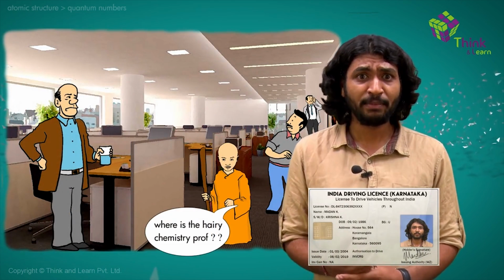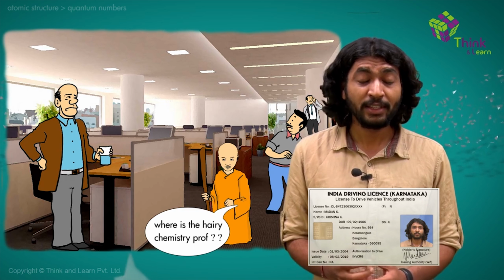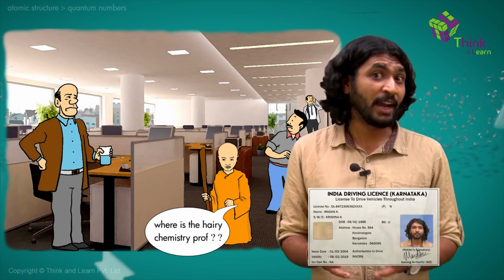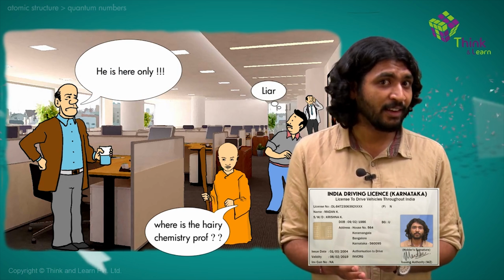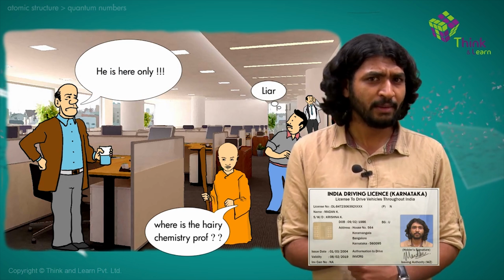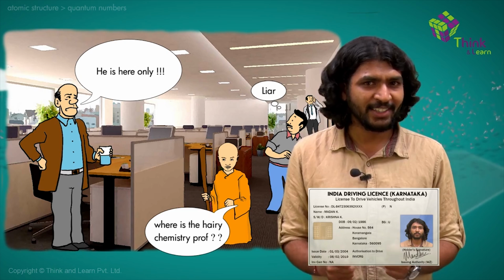You would go to Baiju's classes and say, where is that hairy chemistry professor, right? And what would they say? They might say, I'm there, I'm not there, but are you 100% sure that you can find me there? No, right? So just like that, the principal quantum number and the other quantum numbers, which we're going to talk about, are going to help us find the address of that electron. And that address is not always accurate, but it is the most probable location for finding an electron around an atom.